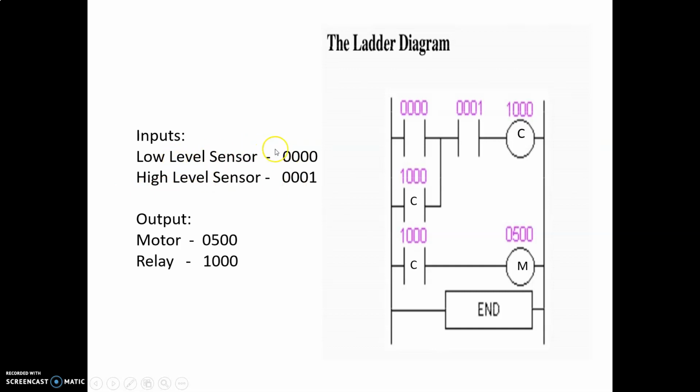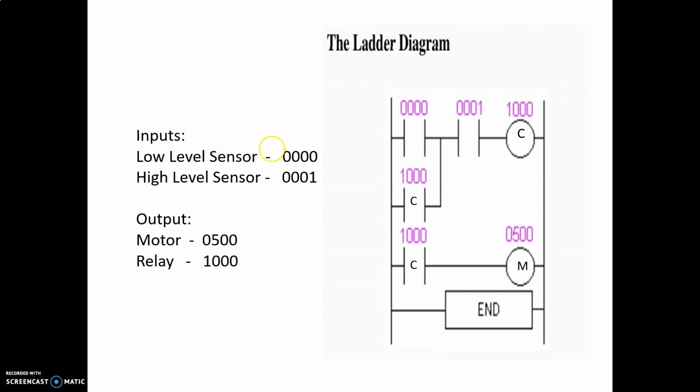Now the low level sensor is being shown by this symbol here, 0000. This one is 00001. Now what is this? This is actually its address. Now what do you mean by address? If you remember our basic PLC overview, you will remember that when X1, X2, X3 were given there, those connector points are addressed as address numbers, address points. So it is easier for the PLC to remember in numerical form, right?